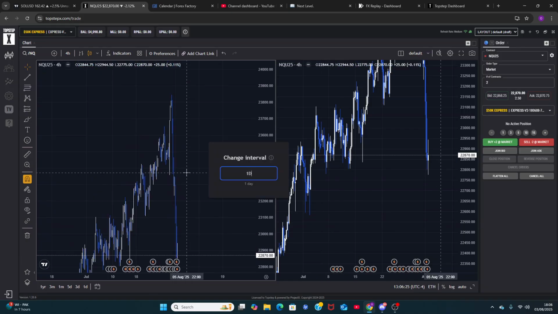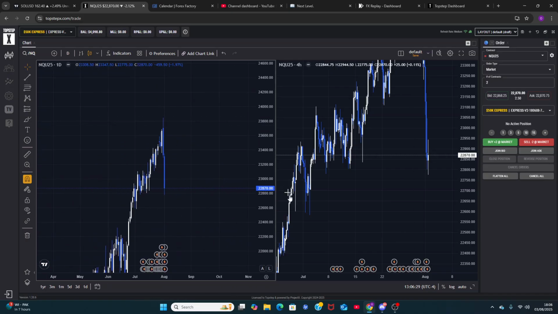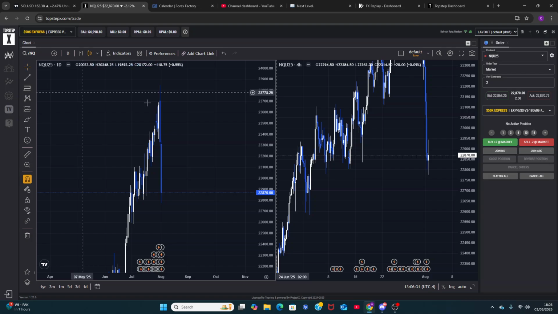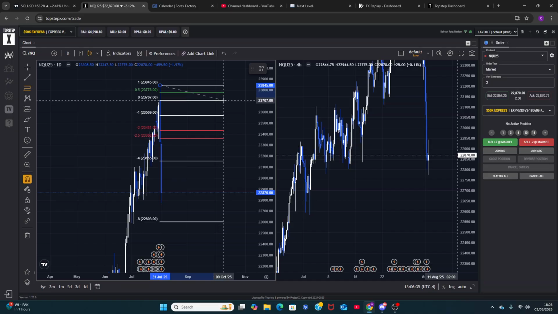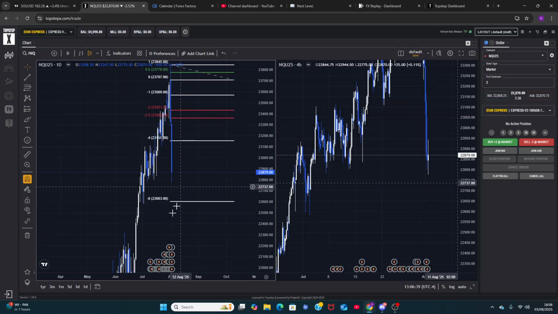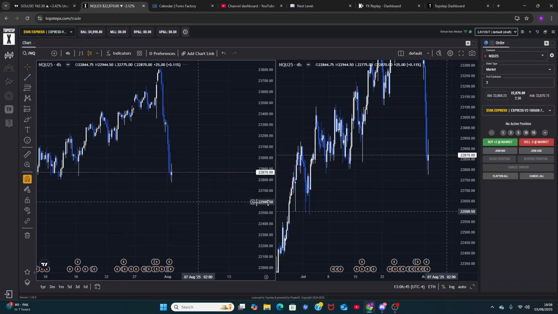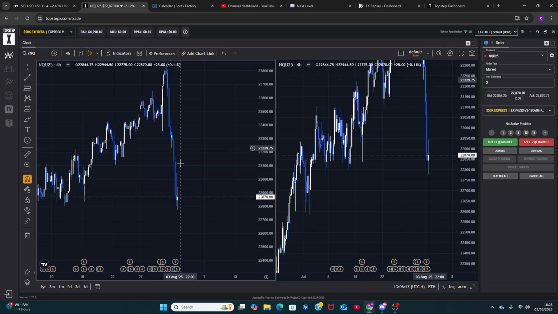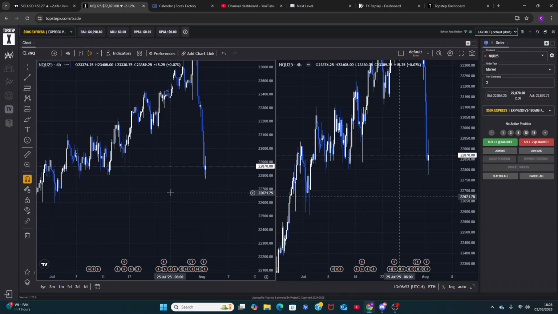Now, to be more technical with it, right? At the end of the day, we think this is the high of the day so far, or obviously the high of the whole chart. So you drag the fib like that, and then you can just target -8, which aligns with the liquidity. So we can clearly tell price wants to go down there. Now the problem is, it's highly unlikely we dump straight away. But to me, I guess these candles are showing that, so that could be a possibility. But those lows are definitely my draw.